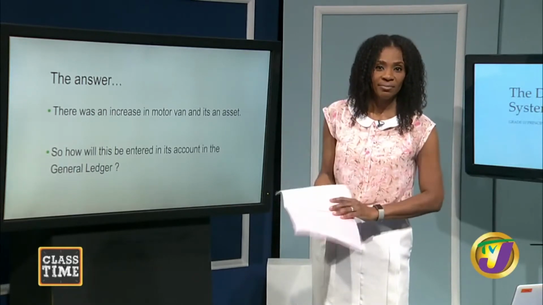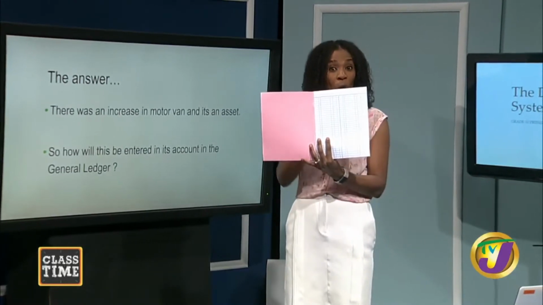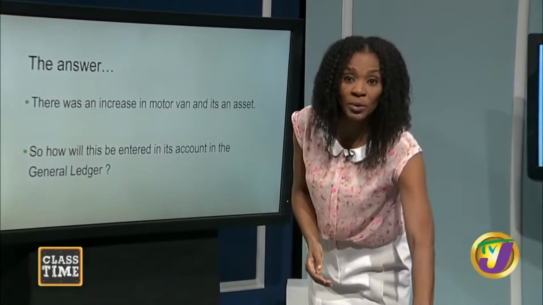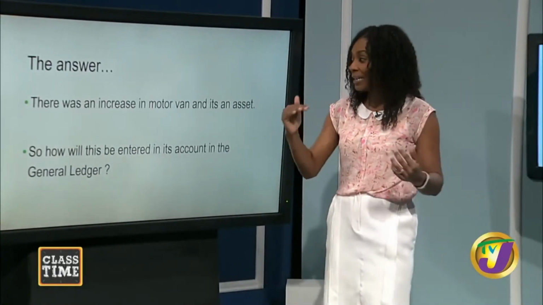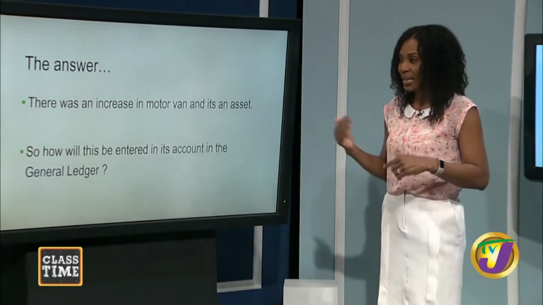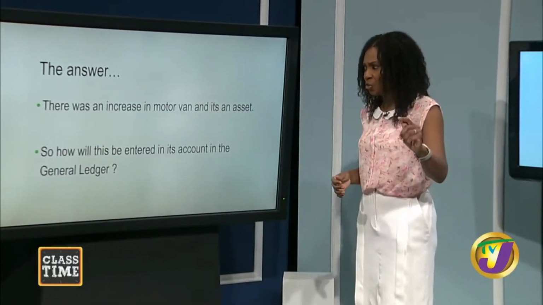The ledger is so designed for you to draw up what we call T accounts. The T account would basically carry two sides, a debit side and a credit side, as you will see me demonstrate a little later. But before the demonstration,